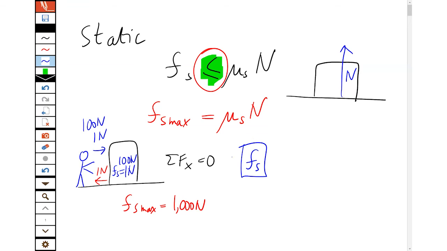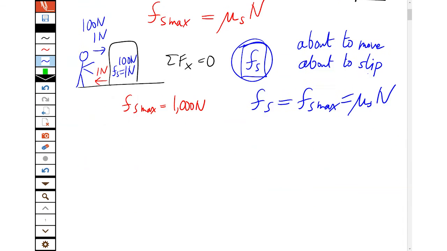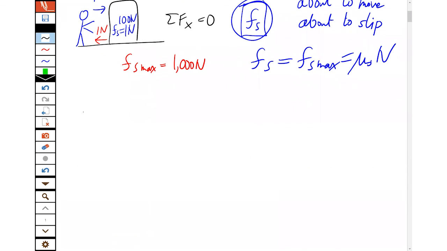Just a little variable, the static friction, until I hit the maximum when it is about to move or about to slip. At that point, the static friction is now equal to the maximum value. And if I push any harder than that, it will give up and finally start to slide and skid across the surface. Which brings us to